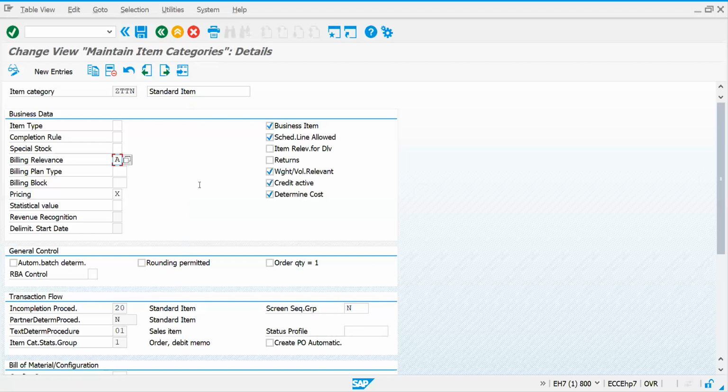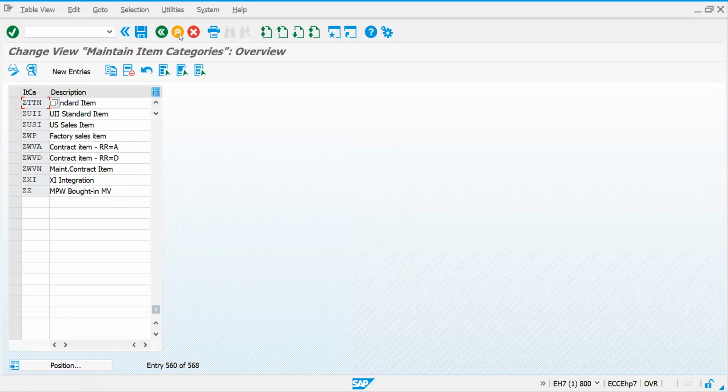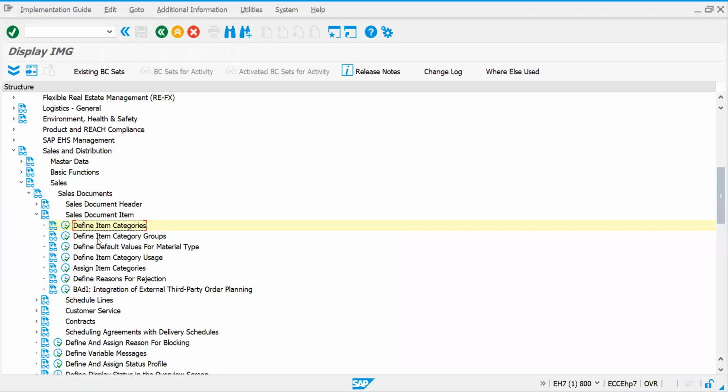70 to 80% is covered if you understand how standard item categories work. If you come across any parallel business scenario, based on your material groups or some other scenario, then you have a think tank, like you consultants sitting and discussing it, and you get to a conclusion on how we have to do this. Now you understand my point, right? What I am trying to say. Got it? This is how we are copying.